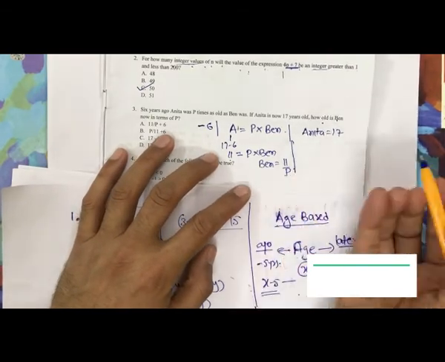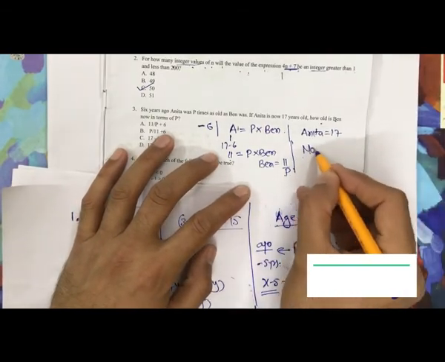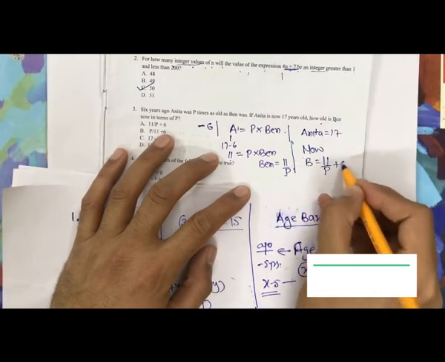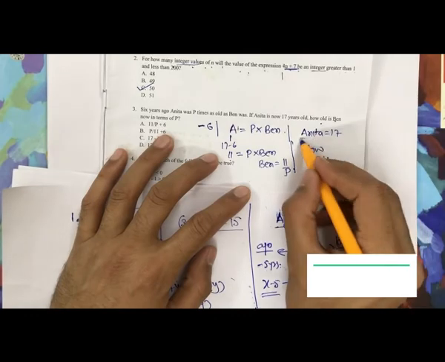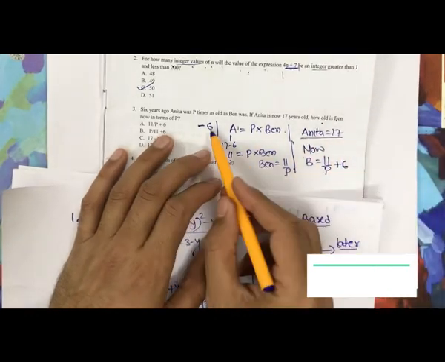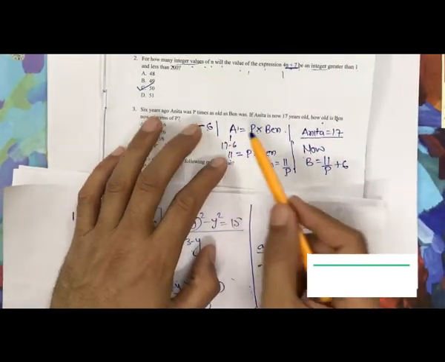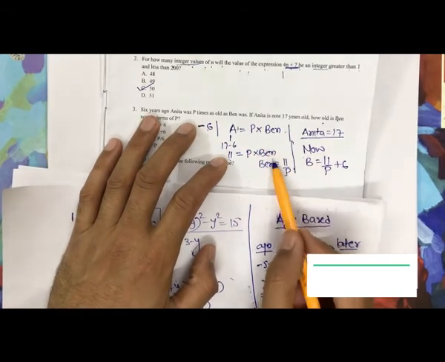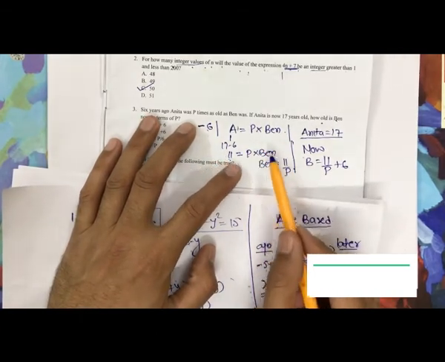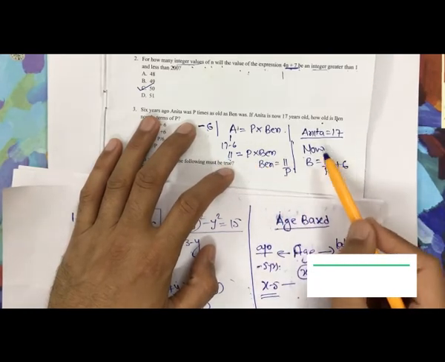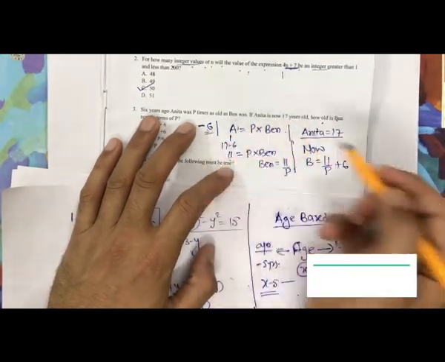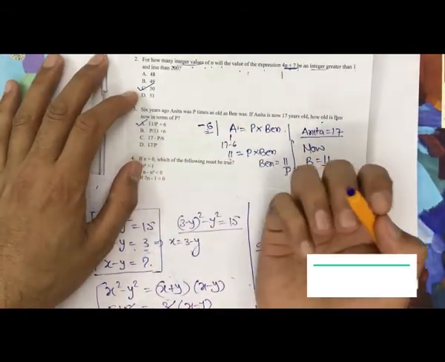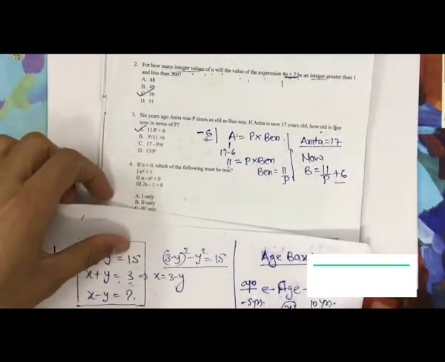तो Ben 6 years ago was this, तो now Ben is 11/P + 6, that's it। अगर अब Anita 17 है तो 6 years ago she was 11, but that time Anita was P times of Ben's age, तो 11 is P × Ben, तो Ben will be 11/P, तो now +6, अभी आप 6 years ago की बात करो +6 है, तो 11/P + 6, ये आपके पास है।